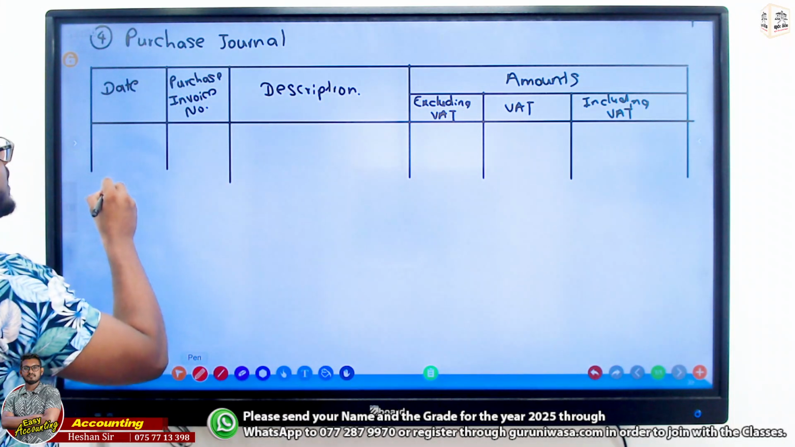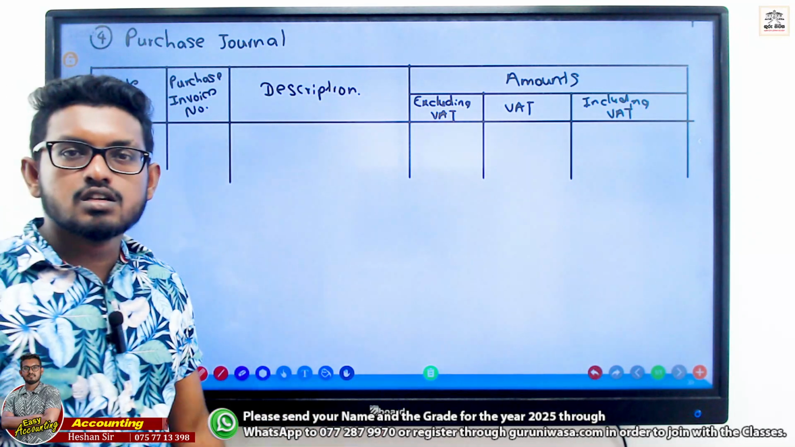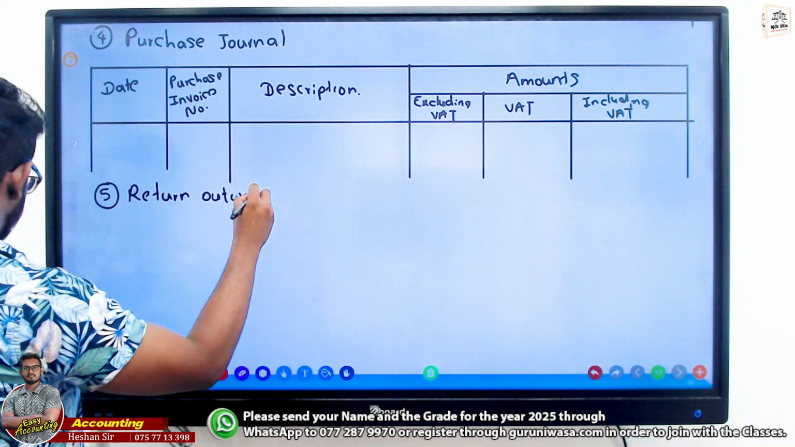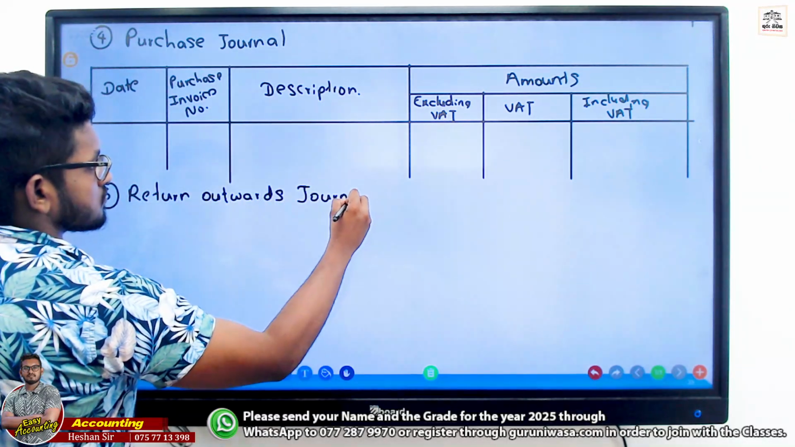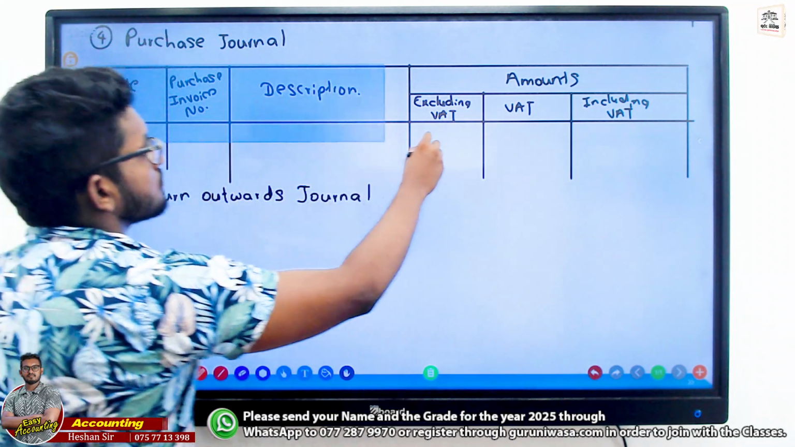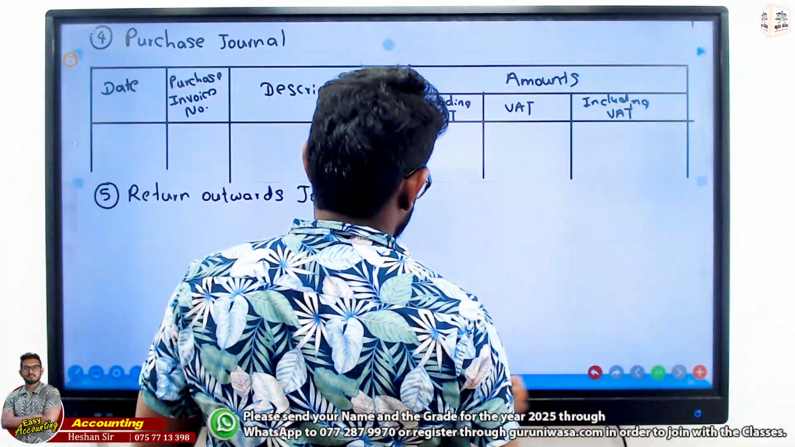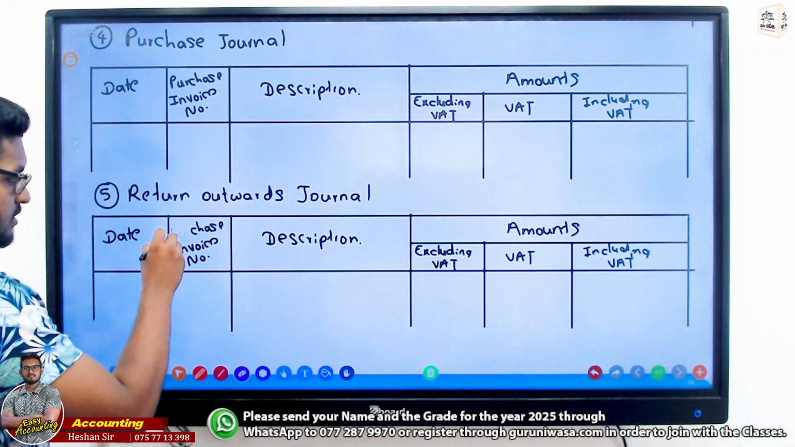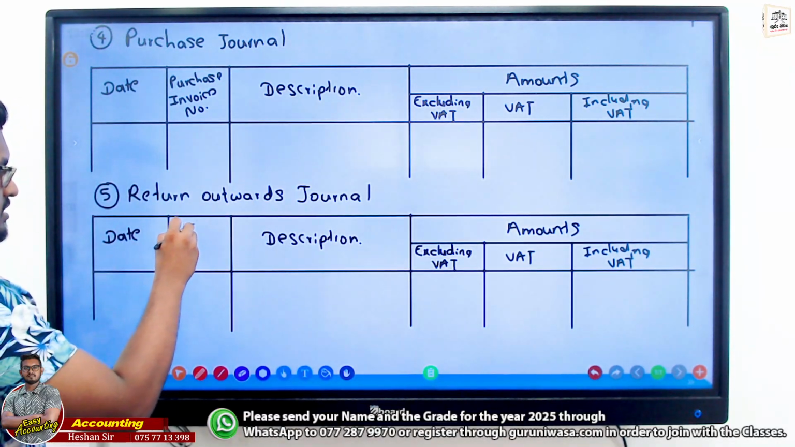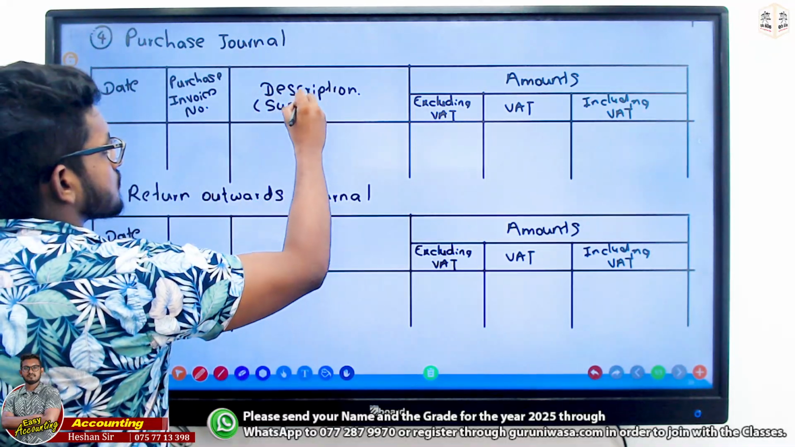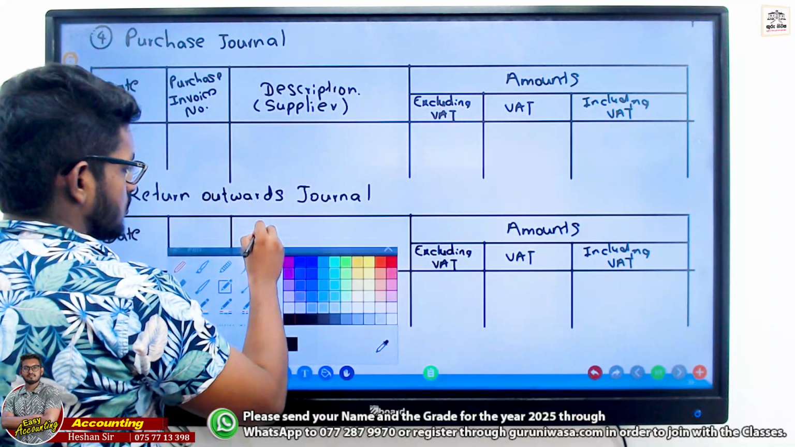Number 5. Now, when we purchase goods on credit basis, we can return it. So, return outwards journal. Return outwards. Same like this, but the date changes. What is the source document we prepare when we return goods? You know, it's debit note, right? Debit note. Description is also the same. Here, instead of description, you can write supplier. Both are the same, right? Here also, debit note,